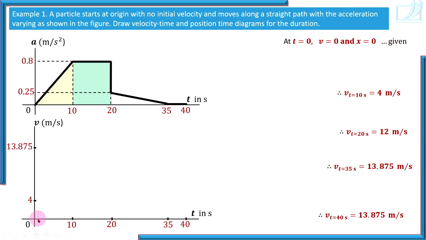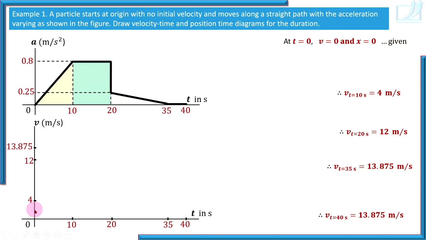Watch here. T equal to 4 is slightly less than 1/3. So approximately check 1/3 of this 13.85, and slightly below that you mark 4. Then 12 is 3 times 4. So here somewhere it will be 8 and here somewhere it will be 12. So mark that. This is how we have marked all these points. You need not mark these points to the scale, but take care of proportion, otherwise you will not be able